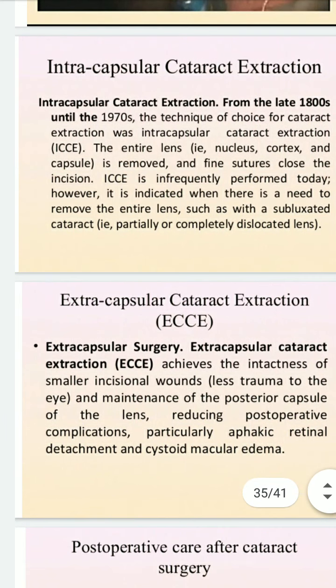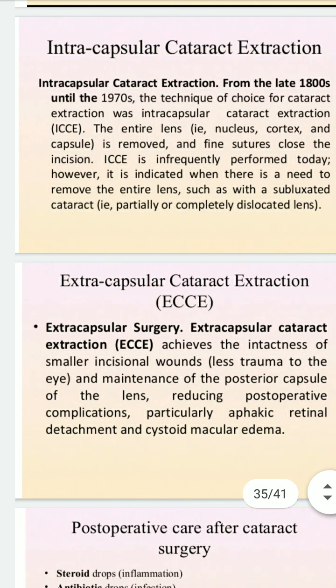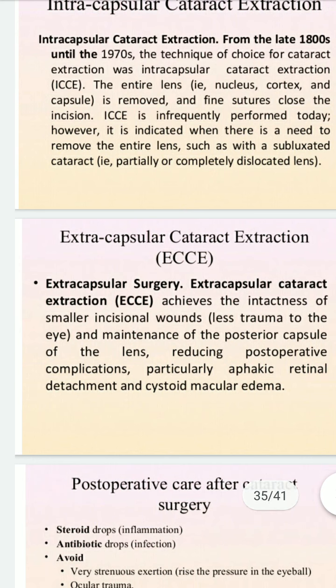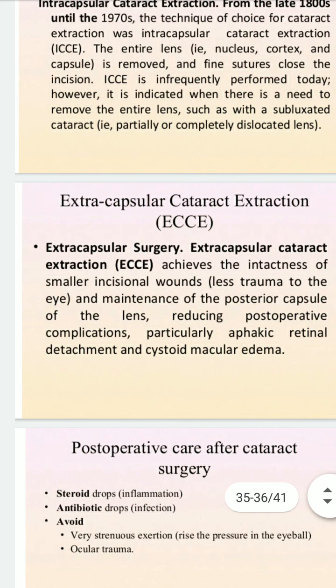And the next one is the extracapsular cataract extraction. It achieves a smaller incisional wound, that is less trauma to the eyes, and maintains the posterior capsule of the lens, reducing the postoperative complications. In this method, a portion of the anterior capsule is removed, allowing the extraction of the lens nucleus and cortex. The posterior capsule is